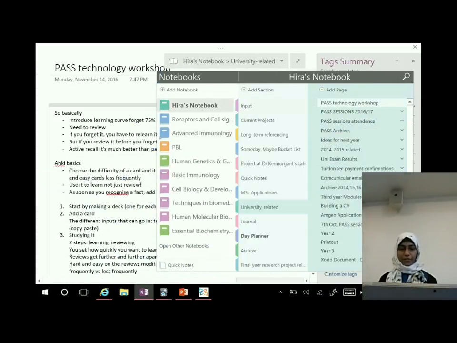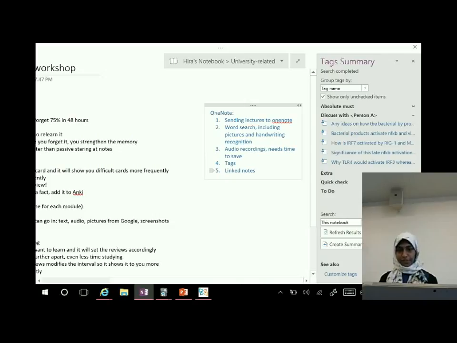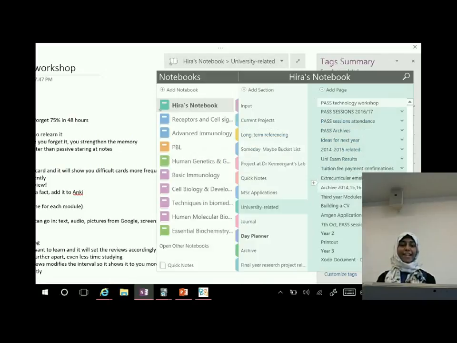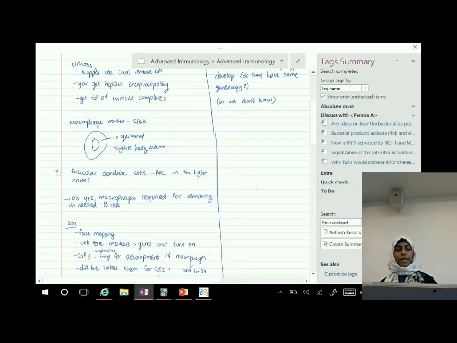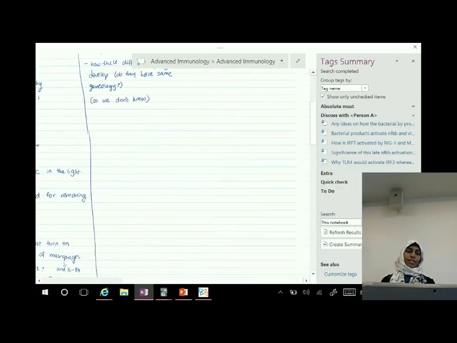Okay, what else? Linked notes, alright. This is like a bit too much, I think. I've personally never used it, but you can. Say you're making a note and you want to link your notes to another note on OneNote. You can actually paste the URL of that. So you can